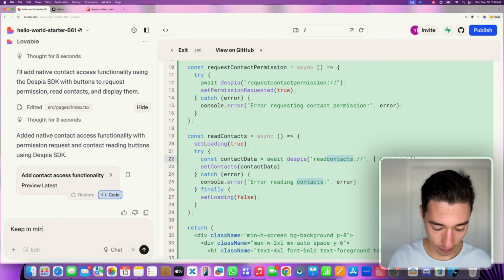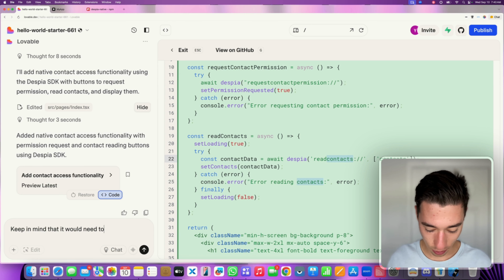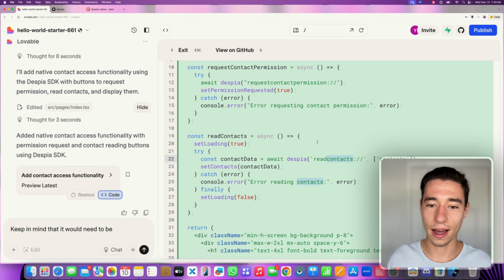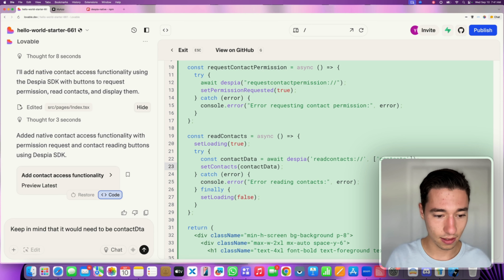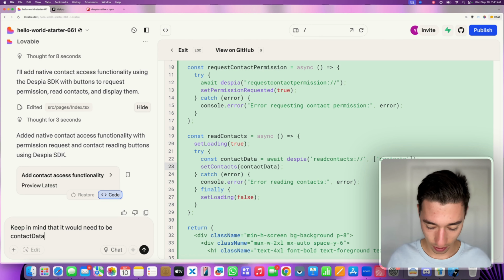Keep in mind that it would need to be, because this is an easy error to make, because you are setting this variable context inside of here, but if you want to access this, you want to do contact data.context, because you can add multiple ones in there. It needs to be contact data dot contacts,